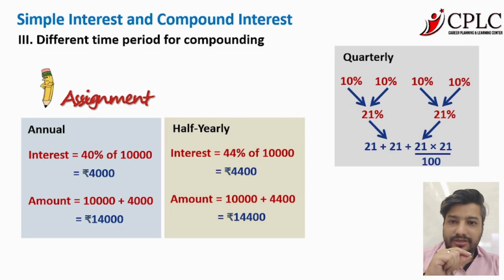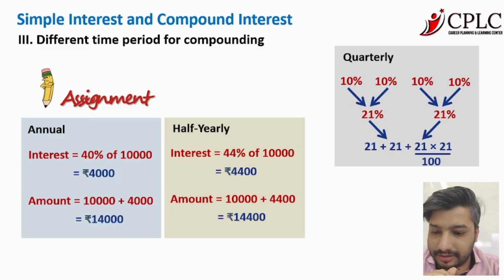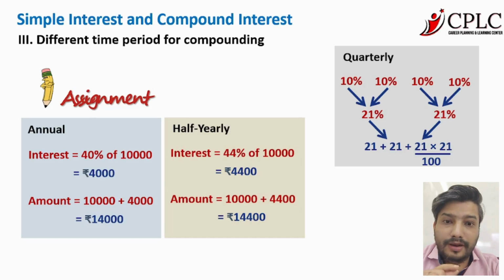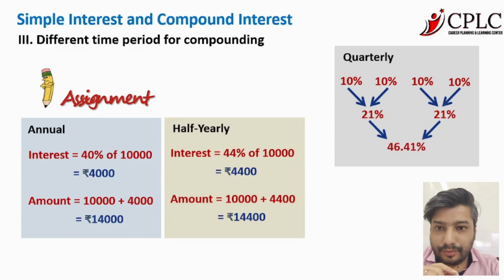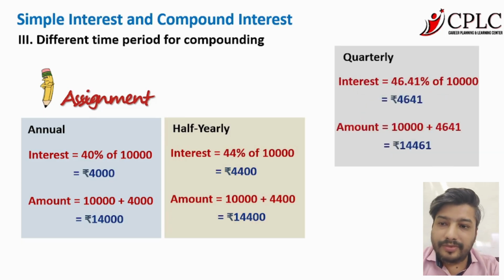So 21 plus 21 becomes 42, and 21 square is 441. 441 divided by 100 is 4.41. So 42 plus 4.41 is going to be 46.41. And we have to calculate 10,000 ka 46.41%, which gives you 4,641. So your final amount becomes